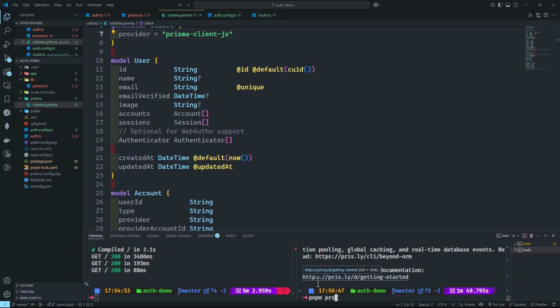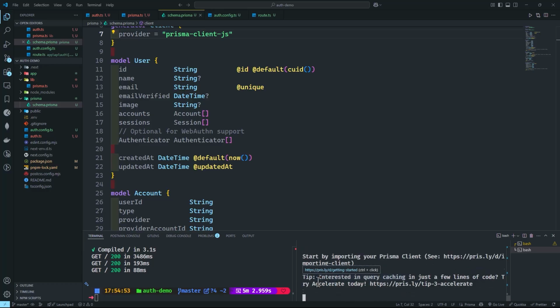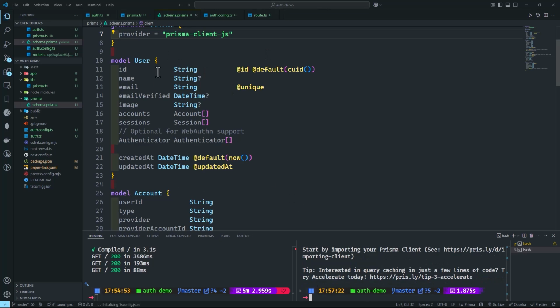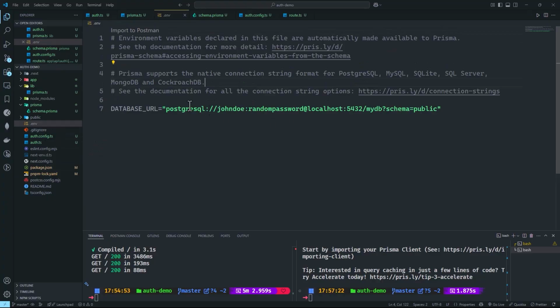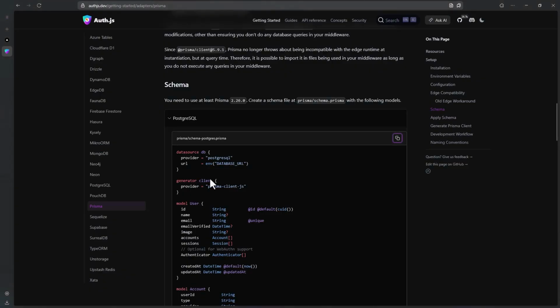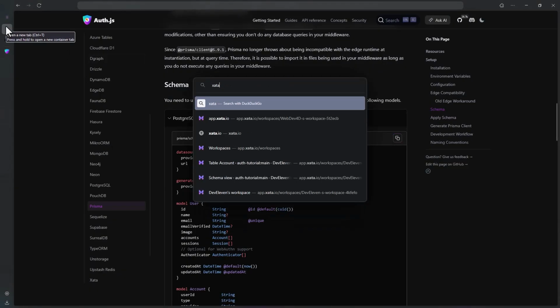And now we're gonna do pnpm prisma generate, and as you can see, there's no more squiggly lines over here. But we're not done yet. You should be able to see a .env file with the database URL inside. Alright, let's connect our